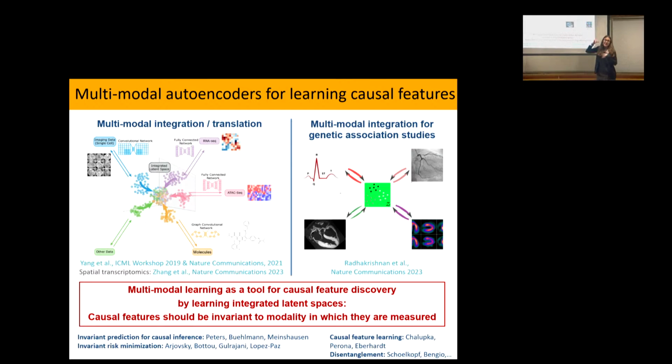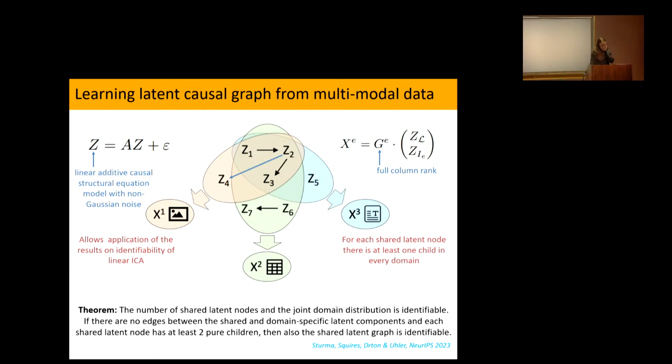Whenever you have many different views of the same system, it can actually help you get at something causal, or throw out stuff that is not important just because it is not invariant to how you're actually looking at the system. Okay, that's at least the intuition. Now we finally have a proof of something like this, and let me show you what are the kinds of things that we can prove.